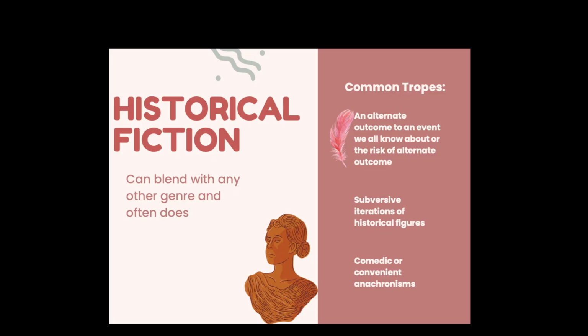Another application of historical fiction tropes is the subversive iteration of historical figures. That is to say, you have a character who we know existed in the past. We either know via personal account, quote unquote, how they behaved, what they believed, or we know by virtue of what we just assume of people from that era, how they behaved, what they believed, what they accomplished. But with the subversive iteration of them, they are different. They behave outside of the overall expectation based on our historical knowledge.